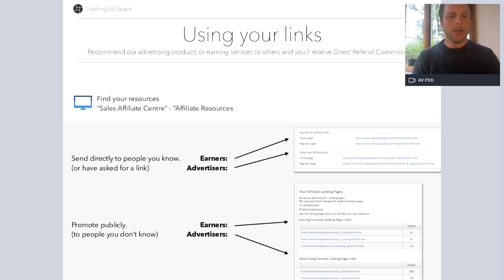Okay, so a couple of tips for you there. One thing I would not recommend doing is using these referral links in your advertising sources. If you're doing public advertising, it's not very effective to use either a direct registration page or a direct homepage. The most effective system is to use the landing pages for public advertising and to use these pages for either people that you know, people that you're chatting to on social media, or people that are already on your email list. That's when you'd use these direct